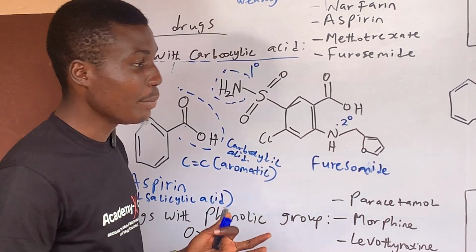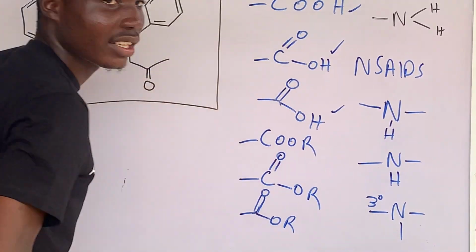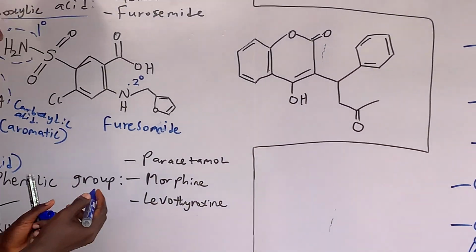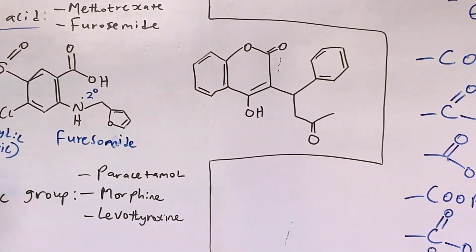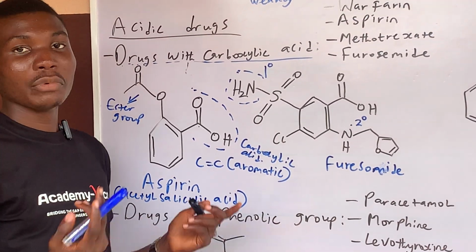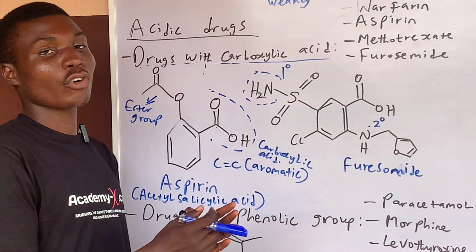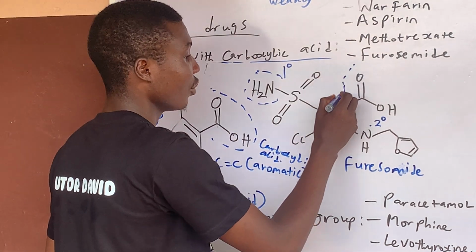Meanwhile, a tertiary amine is written as 3 with a degree attached to it. So anywhere you see maybe 1, 2, or 3, it tells you the kind of amine you have there. But then our most useful or vital compound in terms of classifying this as an acidic drug is our